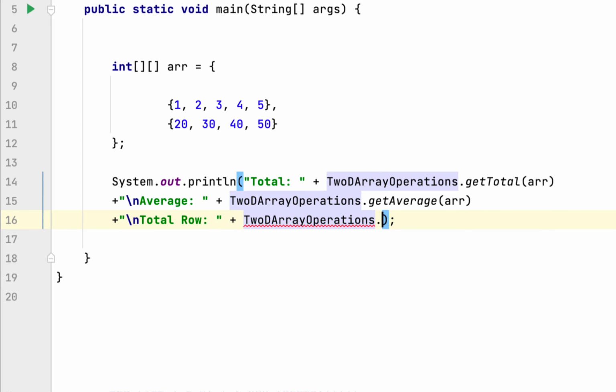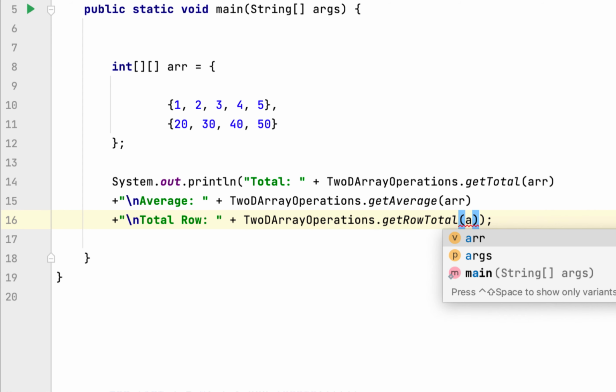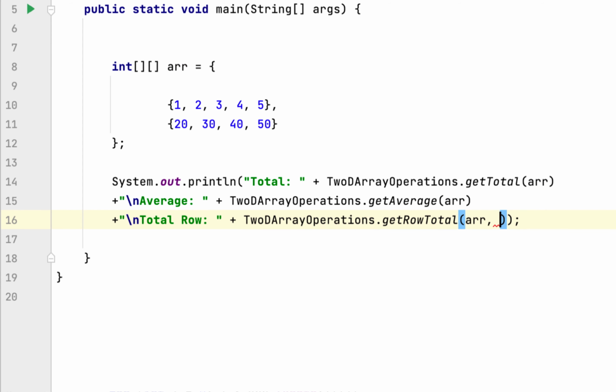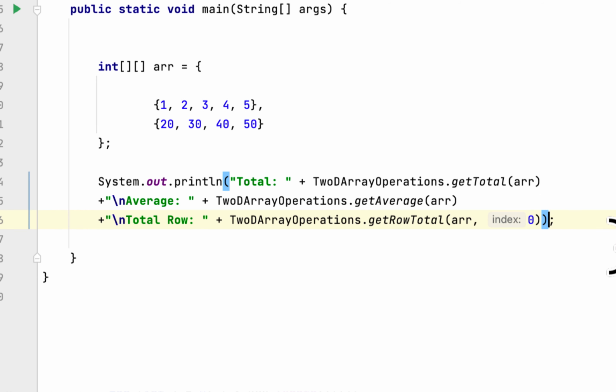To the array, get row total. It will take the array and the row index. If you want to calculate the total of the first row, we will pass 0, because computers start counting from 0 up. And next we have to say total